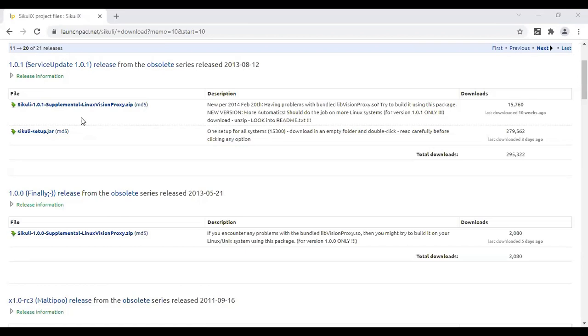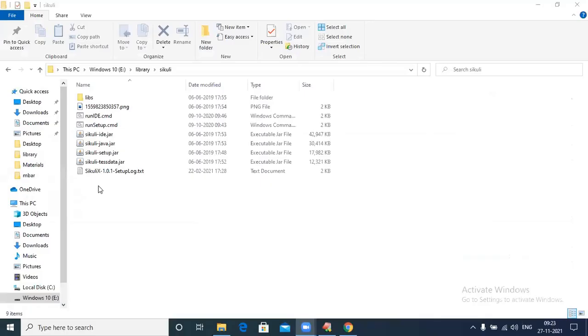Once you download, only Sikuli setup.jar is available. Sir, what you want to do is, once you download it, just you have to. 1 second. Now, are you seeing my home screen? Or is it visible?